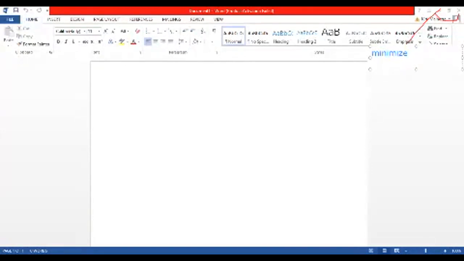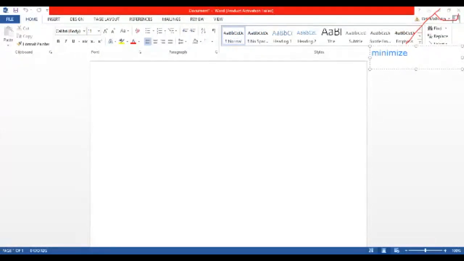Then this is maximize. You all can see where I'm writing maximize, and the last one is close.